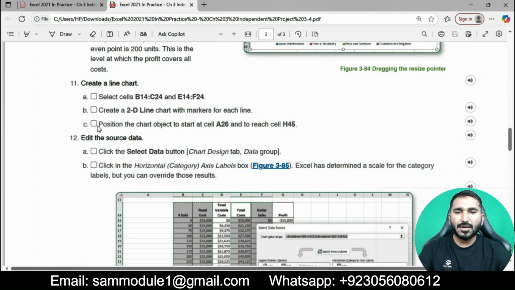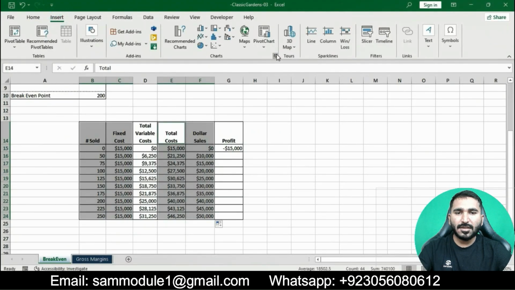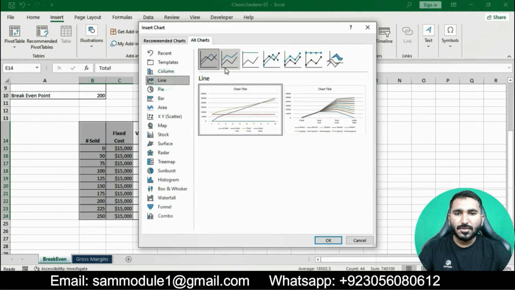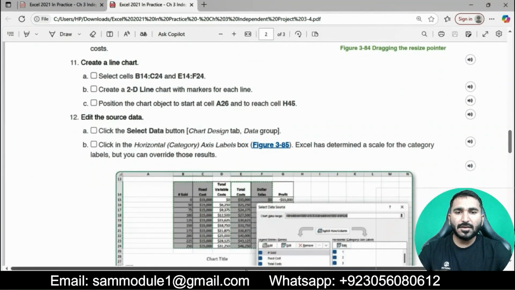Go to the Insert tab and then create a 2D line chart with markers for each line. Go to the Insert tab, and then go to the Charts. Go to All Charts, 2D line chart, and then simply create a 2D line chart with markers for each line.